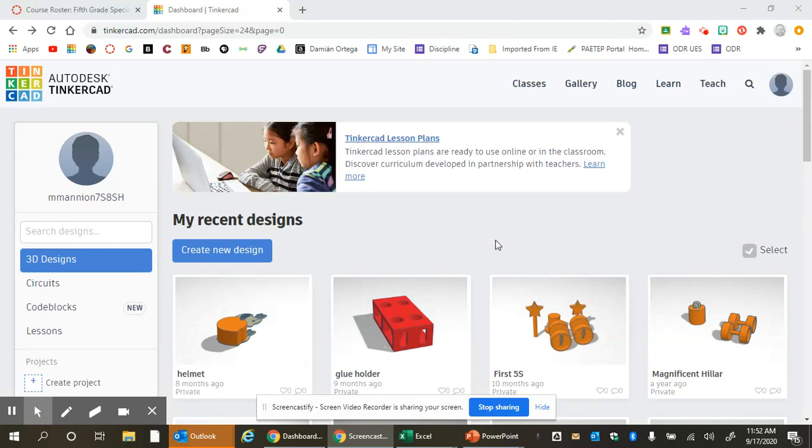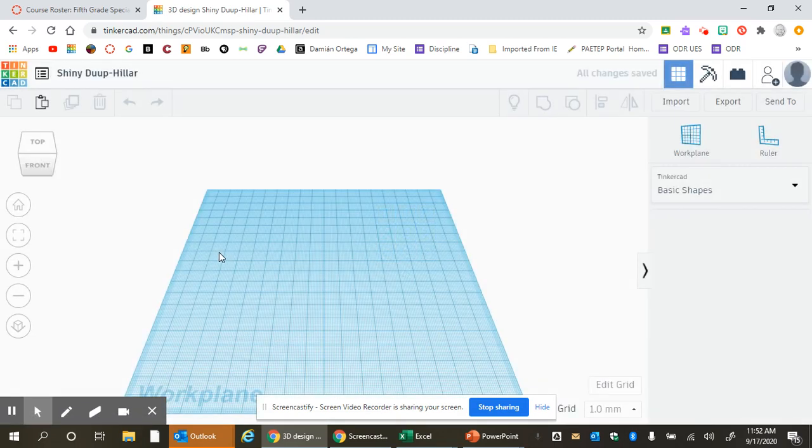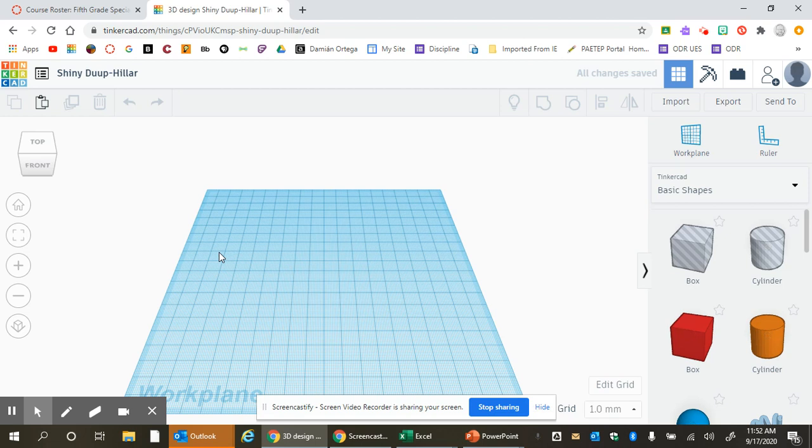Once you are all logged in to Tinkercad, come over here to create a new design. Click on that one time. Give Tinkercad a second to load up. And you have a nice, clean work plane. I'll get more about building with blocks and shapes over here later, but just so you have something to view,